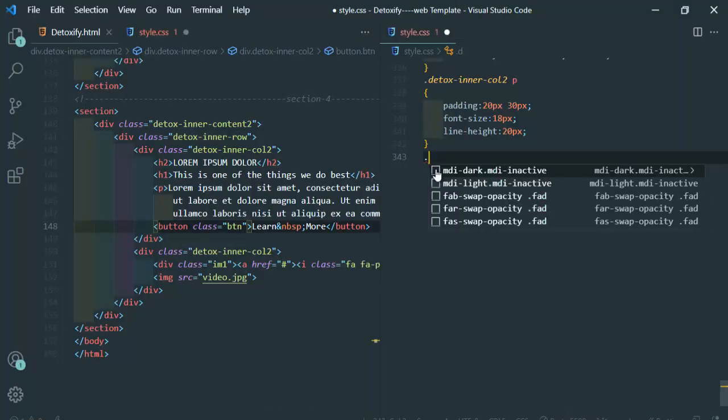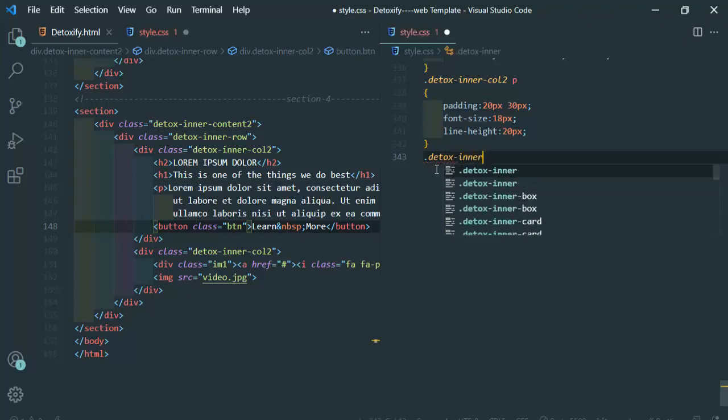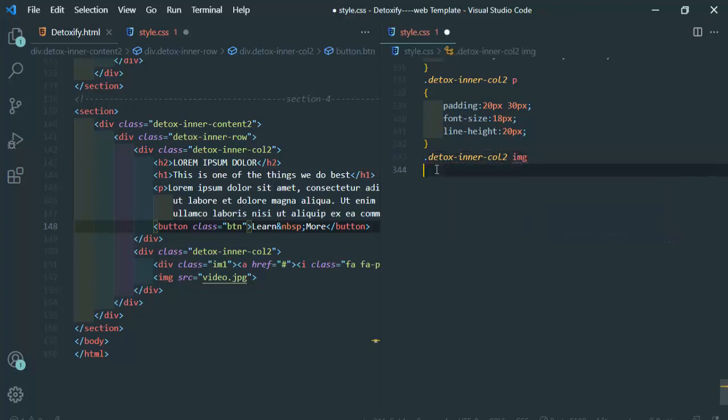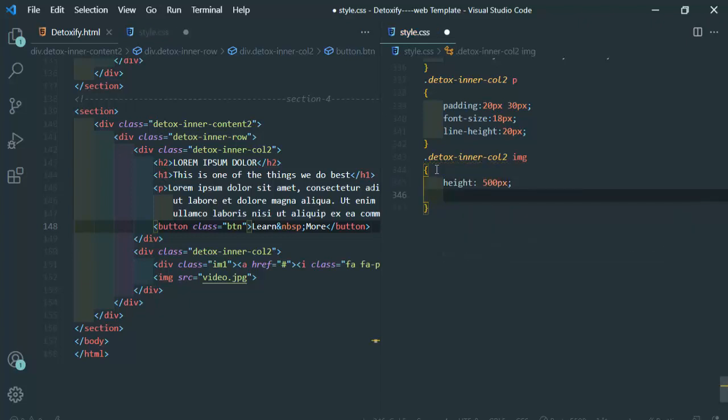So the detox, Control V, detox, inner column to image, height as in 500 pixel. Okay, and the width as in 600 pixel. So Control S, and next we have